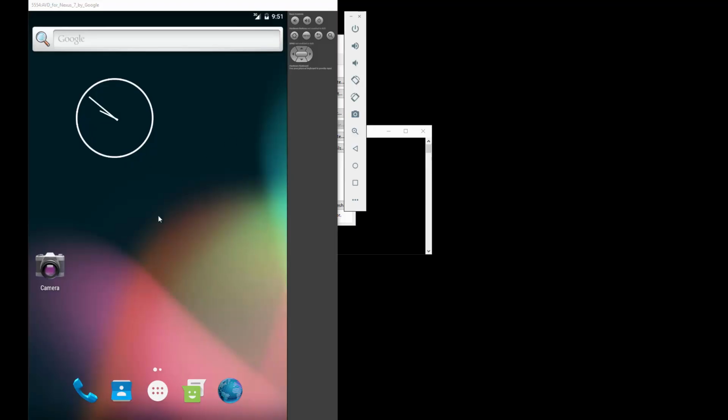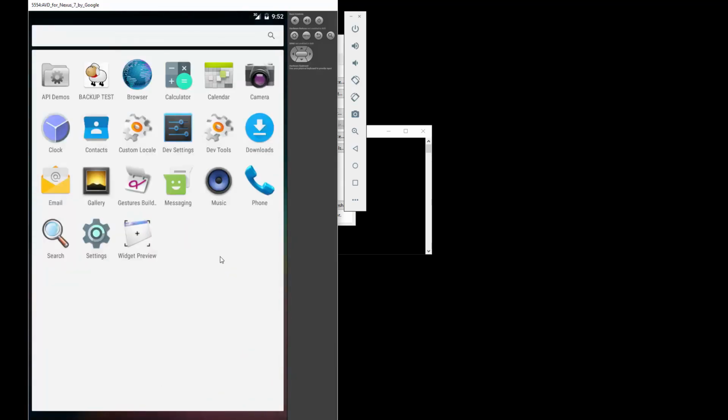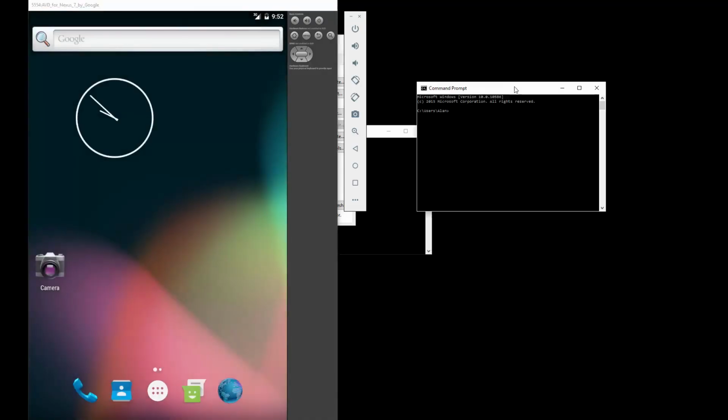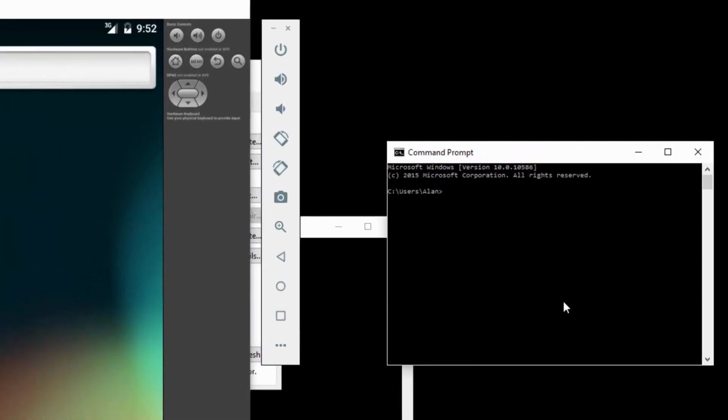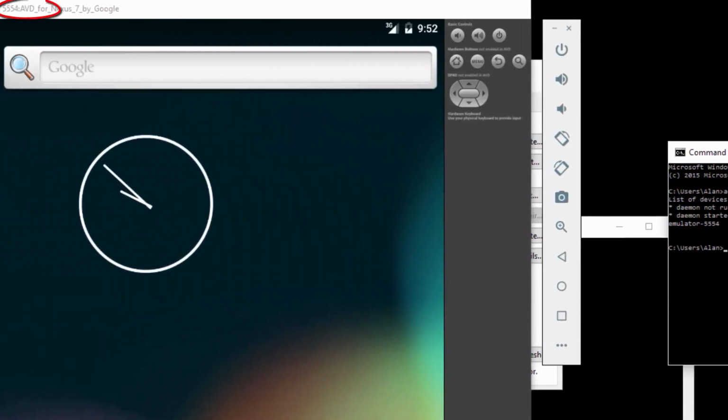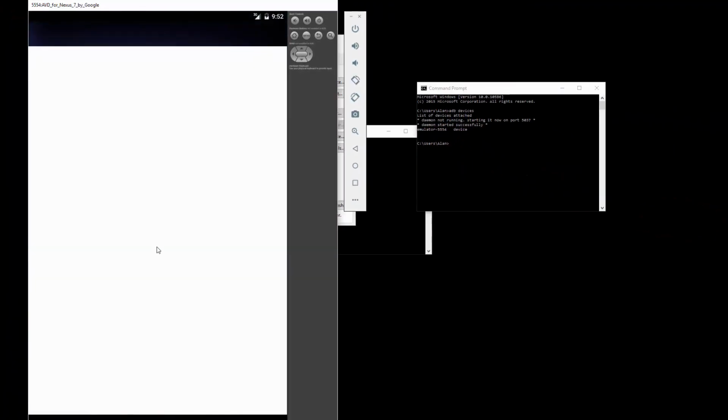Now this is running Android API level 23, so it doesn't actually have Chrome installed in it. So if I want to do automation on this, I would have to use the Browser app. I'll show you that later on. And the emulator is accessible to us through the normal ADB commands. So we can see that this emulator is emulator-5554. So if I wanted to connect to this with Appium, that would be the device name that I would use. So if I just get the browser up,